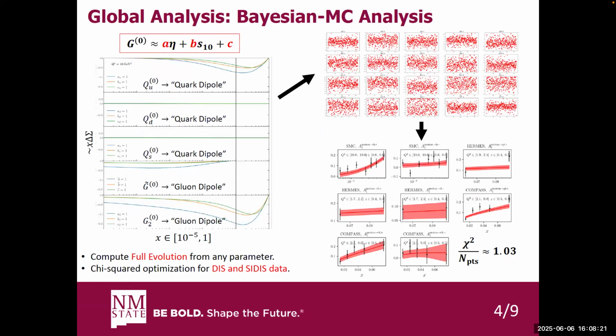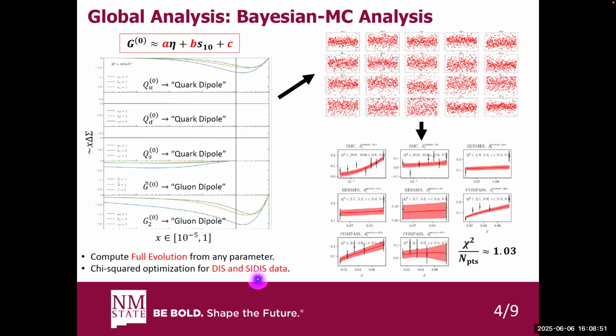And then we randomly sample these A's, B's, and C's, solve the evolution equations for any given initial condition, and then use those A's, B's, and C's to just linearly combine them. We know we did a good job when we essentially get a uniform distribution of our parameters over some small parameter range space. We know that we've constrained those parameters, and we know that we constrain them well if we compare them to data and we do a good job, which in this case, we're fitting to DIS and SIDIS